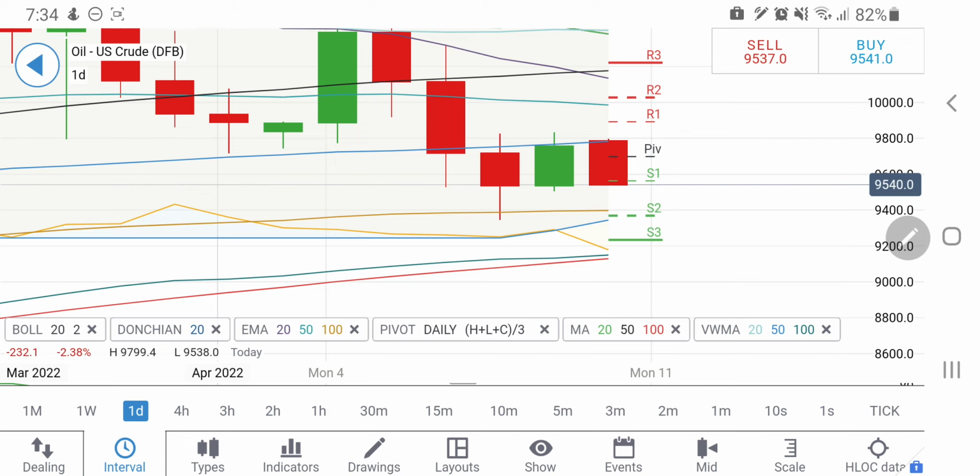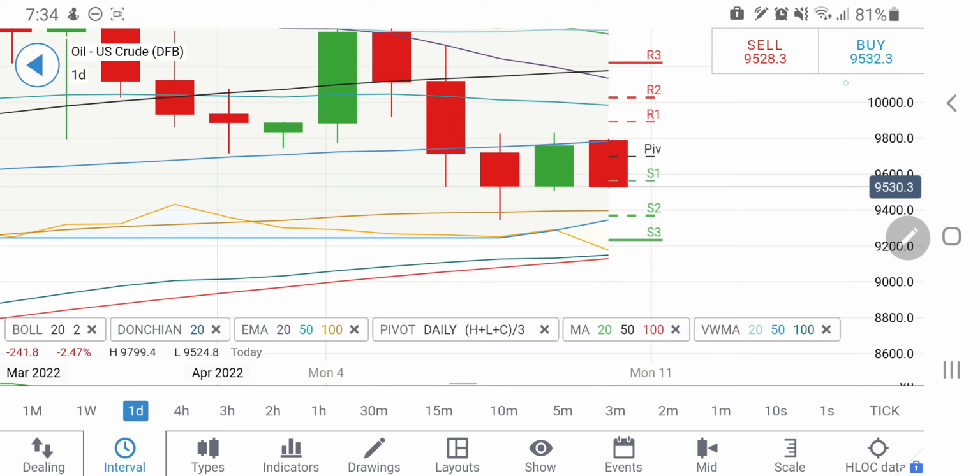It will try to hit 94 as the first target, 93.5 next target, 93, and then 92.2 should also be on the cards there. You can take your positions accordingly. Right now it is trading with a bearish bias. The next target at 94 and 93.5 should get achieved here. Take your positions accordingly. Only long entry above 96.5, where you can expect 97, 97.5, 98, and beyond 98 it will fly strongly on the upside.